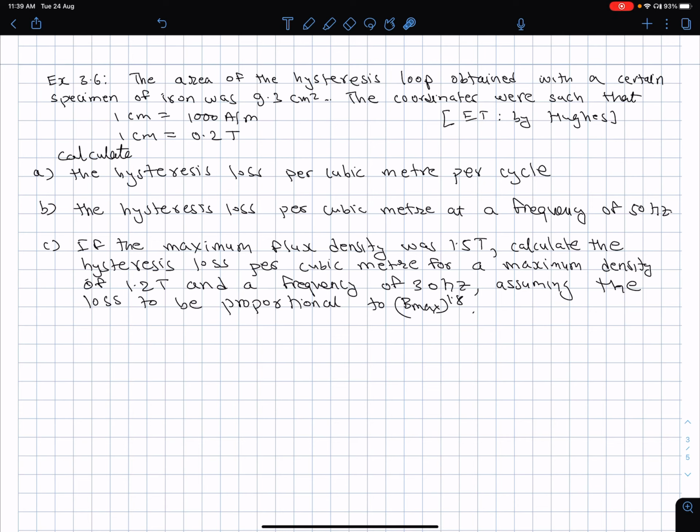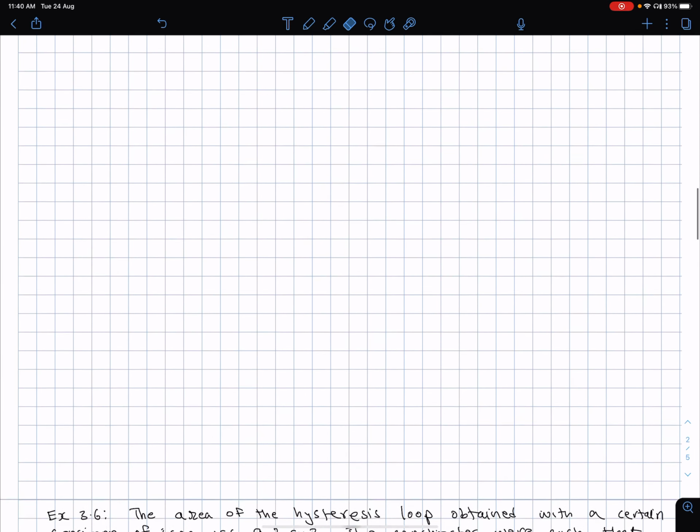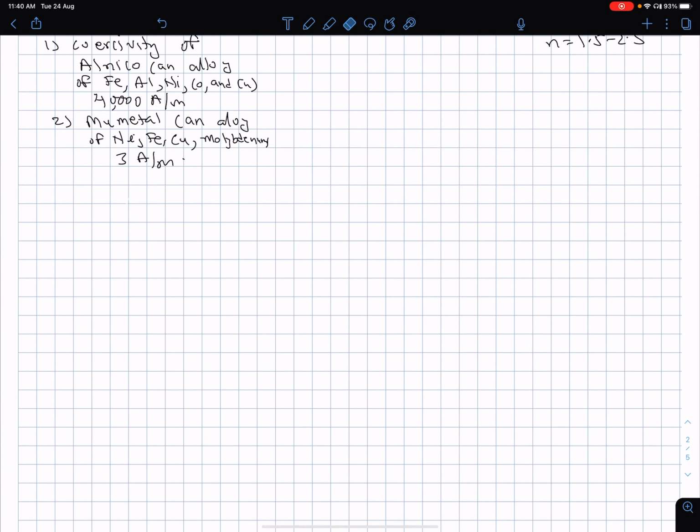Calculate the hysteresis loss per cubic meter for a maximum density of 1.2 Tesla and a frequency of 30 Hertz, assuming the loss to be proportional to Bmax to the power 1.8. So I told you that number is between 1.5 to 2.5. In this particular case, this number is given to be approximately this thing. So hysteresis loss, or maybe I should write it here itself. I will write it. Hysteresis loss,